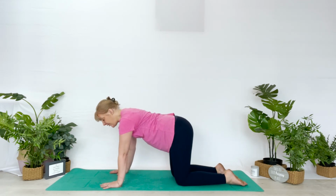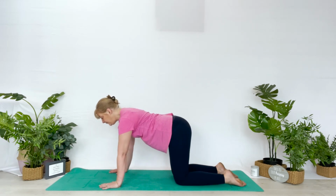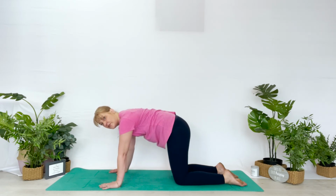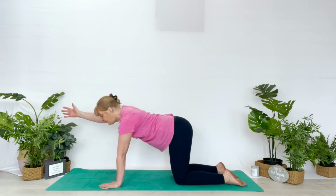So shoulders over elbows, over wrists, knees directly underneath your hips. Okay, hopefully some of this is making sense to you now. So elbow creases go forward. Your shoulder blades go down the back of your rib cage, but they also pull away from each other. And the tailbone is neither in that over tip to the ceiling or over tuck to the floor, but the middle ground. Now from here, you're going to weight shift into one arm, take the other arm, extend it forward,